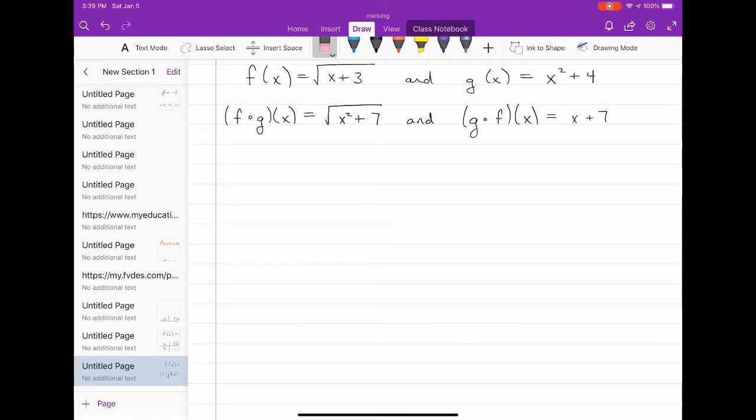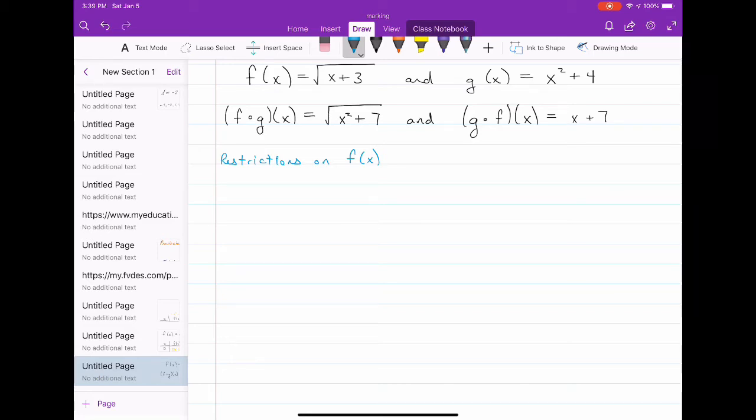All right, we need to find the domain of f of x, g of x, f of g of x, and g of f of x. So I'm going to do this by considering the restrictions on all of these. Okay, so first thing I'm going to do is think about the restrictions on f of x,